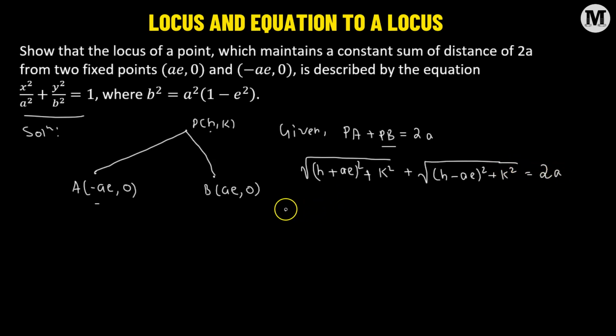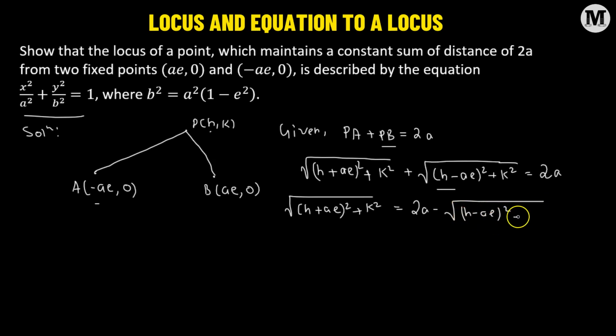Okay, let's further simplify. We'll keep one of the square roots on the left hand side. So we'll keep the square root of (h plus ae) whole squared plus k squared on the left hand side, and then we're going to transpose the second term to the right hand side. So we get 2a minus the square root of (h minus ae) whole squared plus k squared. Now we're going to square both sides. Squaring both sides gives us (h plus ae) whole squared plus k squared